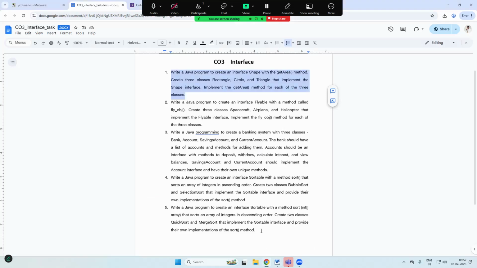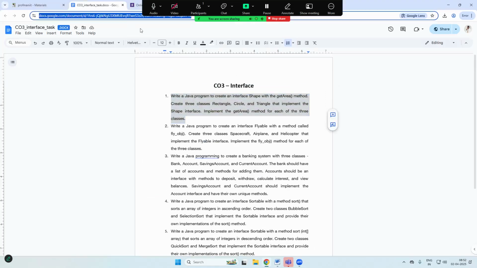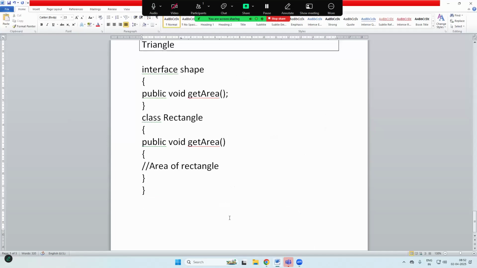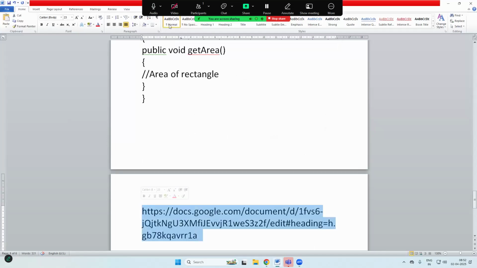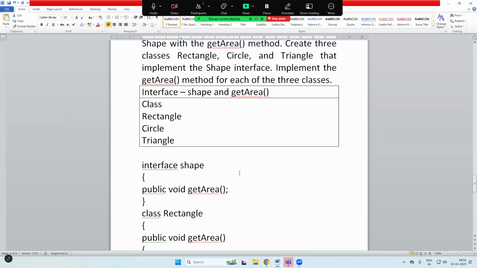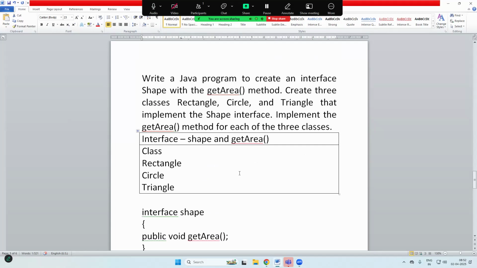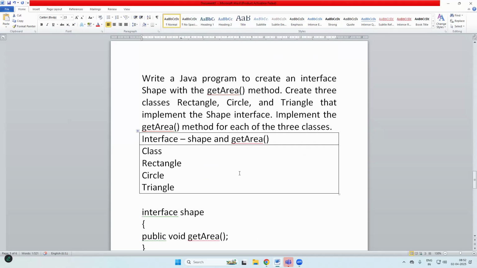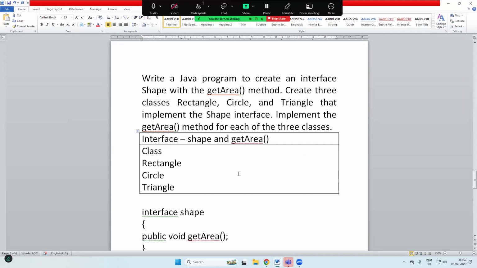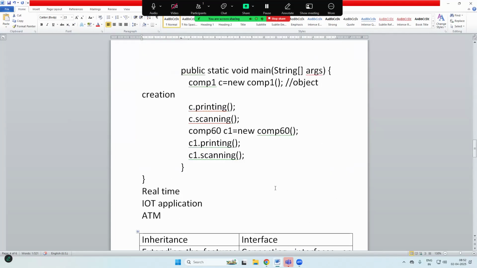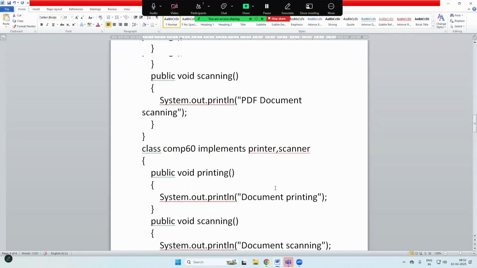Likewise, a lot of tasks are given. Here I can share the link for Java interface. You can try all these programs, and you'll get a different understanding of interface. Normally an interface is used for connecting multiple classes. For example, in creating real-time applications, interface is very important. Why is it important? You can keep the interface and there is no need to give the implementation of its methods. If you want to use the method, your user can define their own implementation of the interface and do the operation. Okay, so that's all the information about interface. When you do the programs, you will get